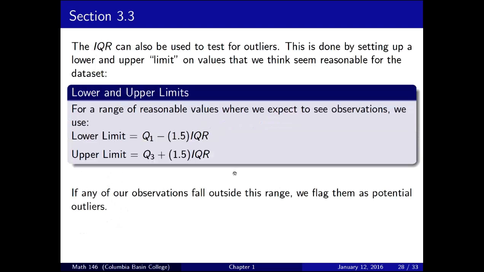The IQR can also be used to test for outliers. One way we do that is we set up a lower and upper limit on values where we think we should see data. The lower and upper limit that we tend to settle on, basically based on empirical evidence, lots of data gathered over time, is: if you go from Q1 down 1.5 IQRs, and you go from Q3 up 1.5 IQRs, that gives us a pretty reasonable range where we would expect to see data. Now, if we see observations outside this range, those are data points that we're going to flag as potential